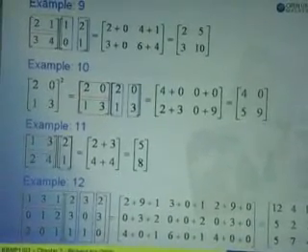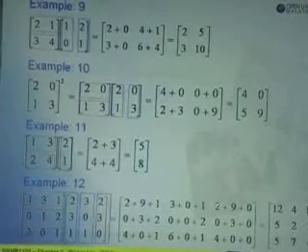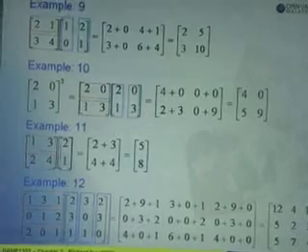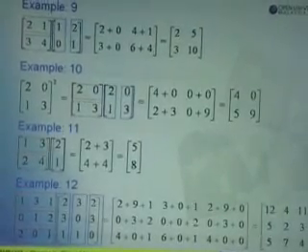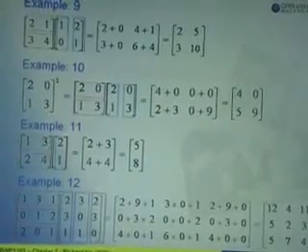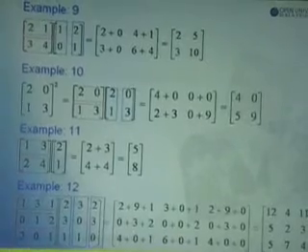So 2 plus 9 plus 1 equals 12, 3 plus 0 plus 1 equals 4, 2 plus 9 plus 0 equals 11, 0 plus 3 plus 2 equals 5, 0 plus 0 plus 2 equals 2, 0 plus 3 plus 0 equals 3, 4 plus 0 plus 1 equals 5, 6 plus 0 plus 1 equals 7,